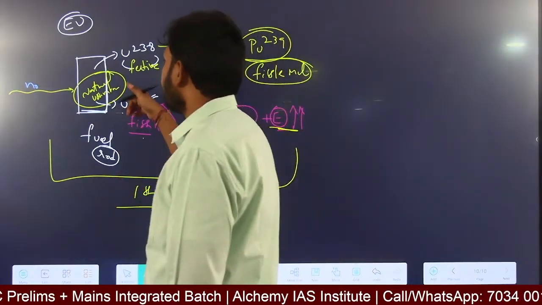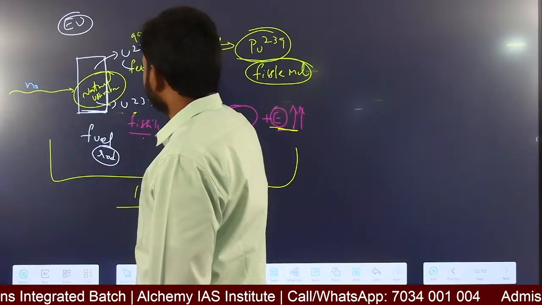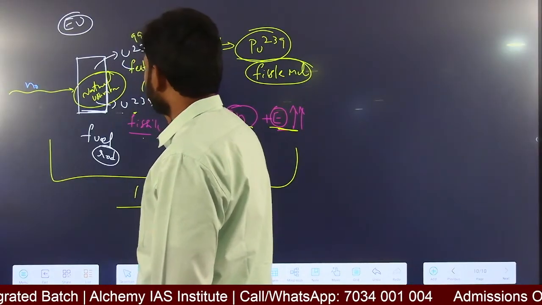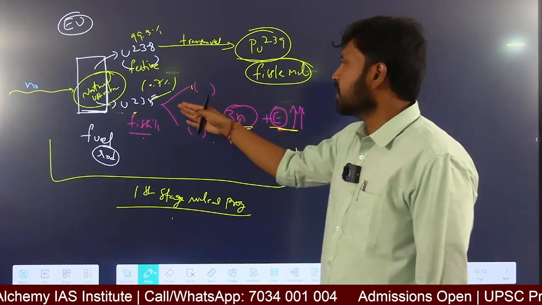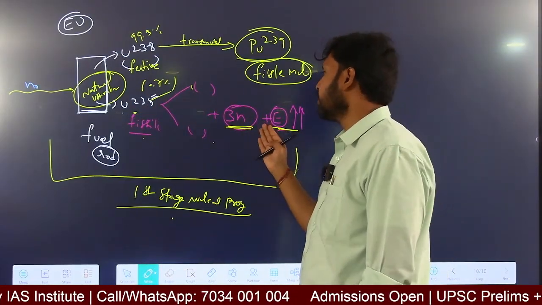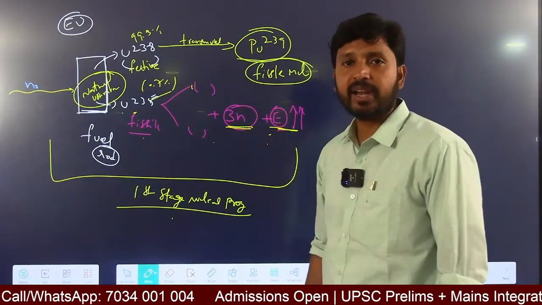Okay, and in this one, natural uranium means this one will be 99.3% and this one will be 0.7%. Okay, proportion also we have seen, means whatever is there will be converted into some materials, and energy will be released and transmitted into this one, right? So now